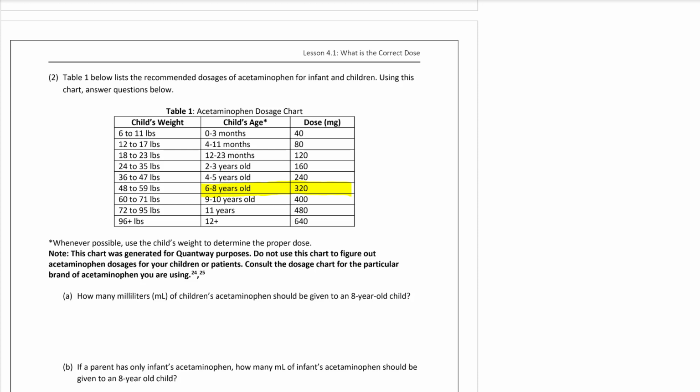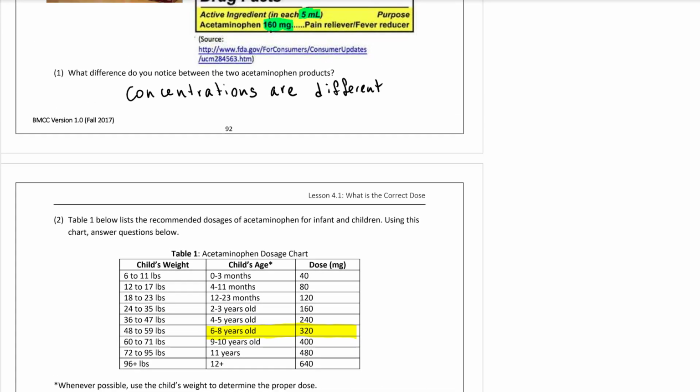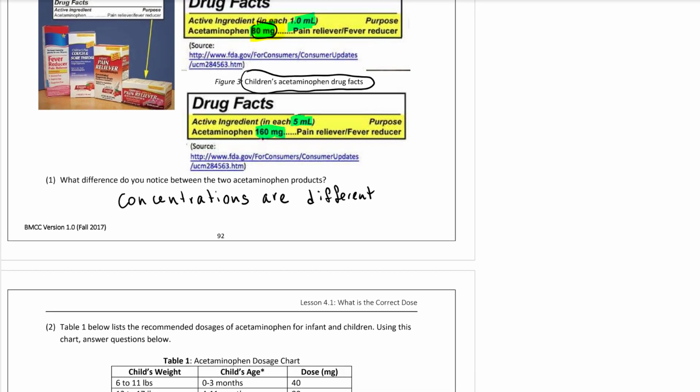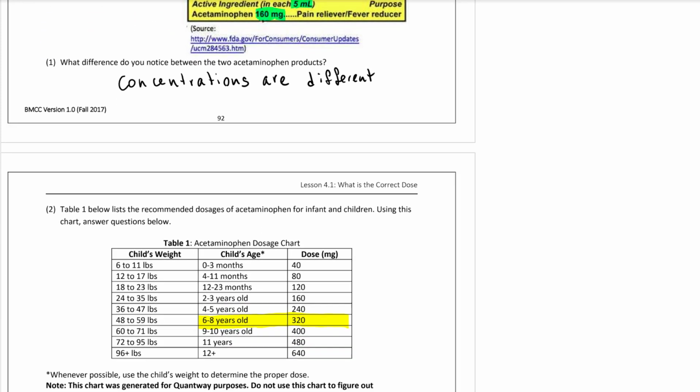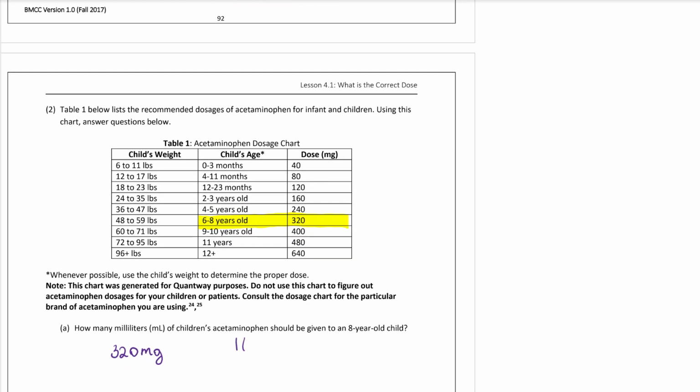So the information that you have is 320 milligrams, and we're giving the children's acetaminophen. The information here that we can copy is that the children's acetaminophen is administered so that there are 160 milligrams